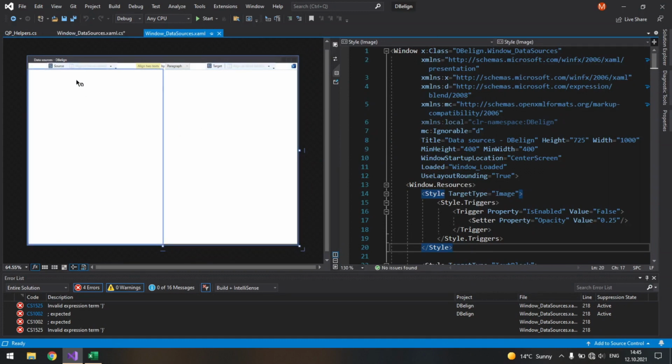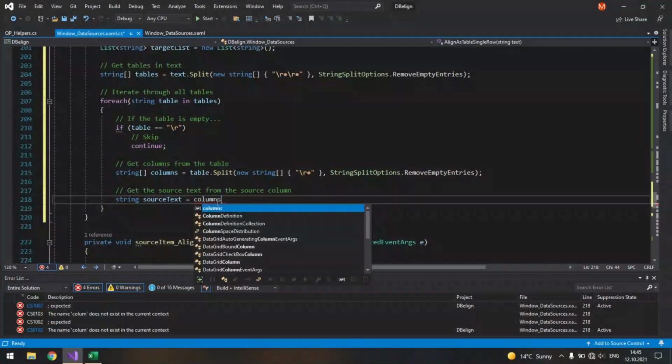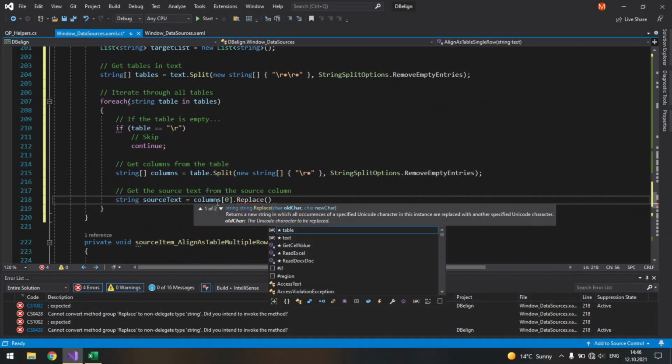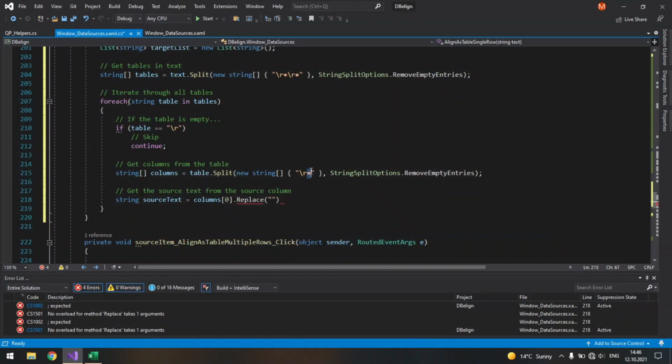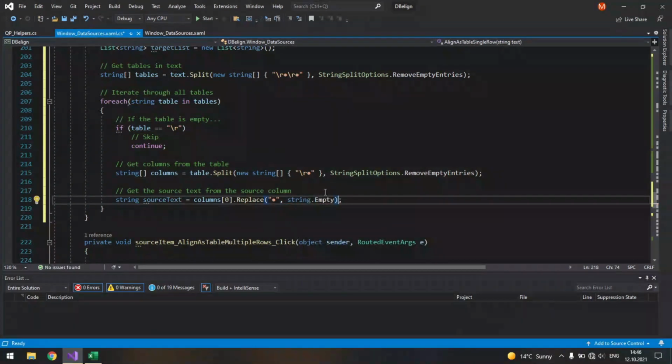But in this specific case, it's a Word table which consists here of two columns and one row. So columns, and we get the first element dot replace, and again we replace this character with string empty, because we have already used it and we don't really need it.